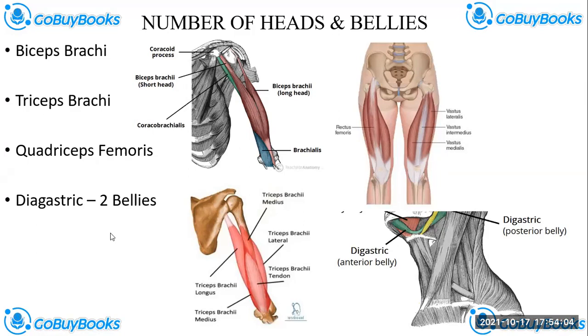That's all. Then, based on bellies, we have the digastric muscle. Gastric is the Latin word for stomach, in a way. It has two bellies. So when they saw it, they said, this is the digastric muscle. This is the anterior belly, the middle part of the muscle, and this is the posterior belly. So the scientists that named it were like, oh, this thing has two stomachs. Di for two, gastric for stomach, and we are cool.